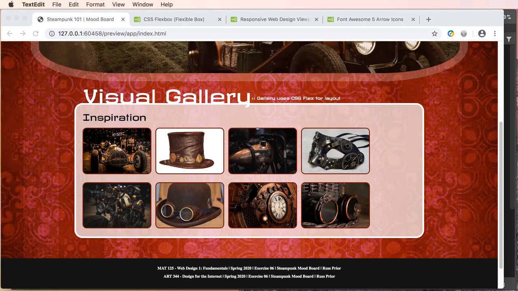A requirement for the exercise is you have a group of images which represent the research or inspiration for your design direction. And you can organize those images any way you choose, but a really common way is to organize them into an image gallery. Whatever approach you take, another requirement is you need to include an image title, and it's best to have image